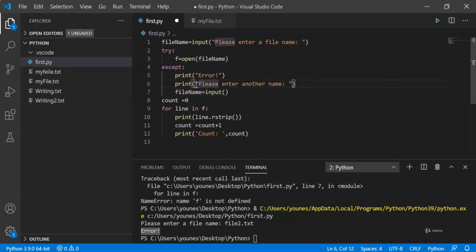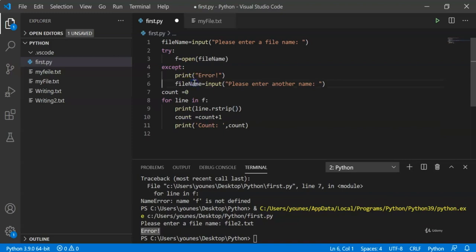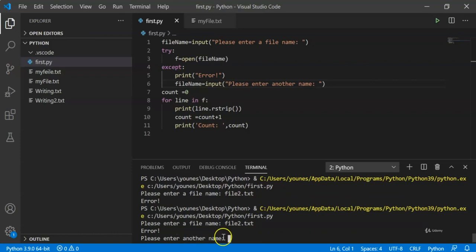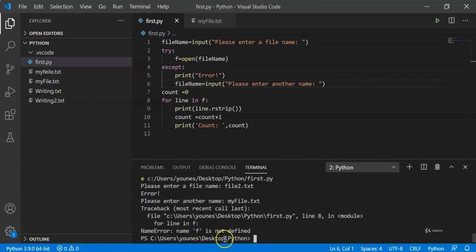Now let me just take this and place it here, remove this print. Now if I run this code one more time, I'm going to get please enter a file name, and in this case file2.txt. Run this code, error, please enter another file name, and in this case myfile.txt, and of course I'm going to get